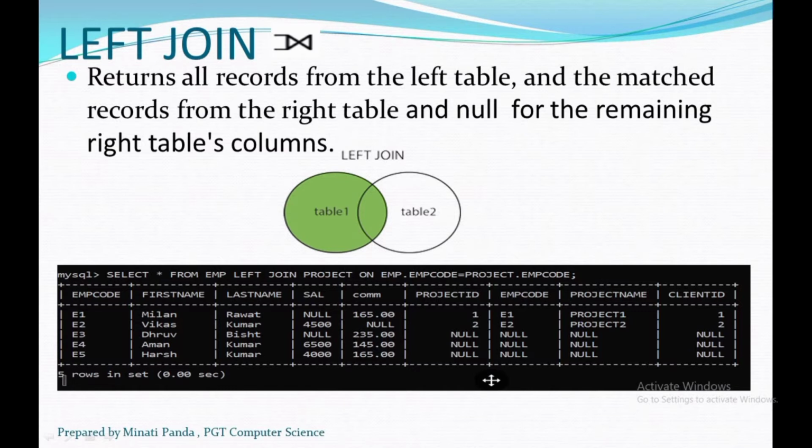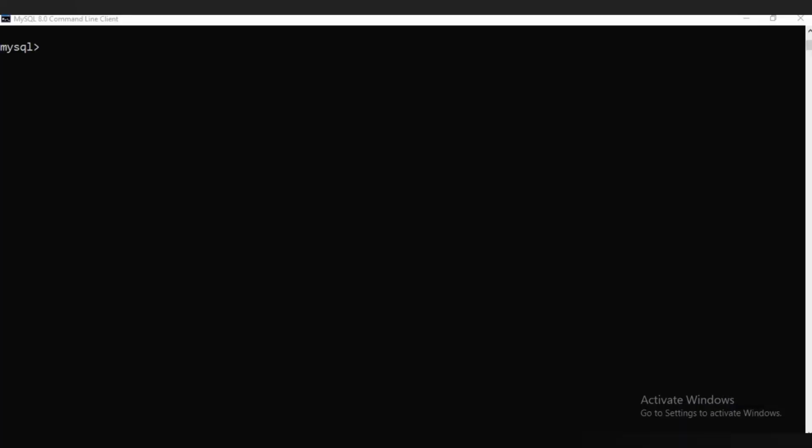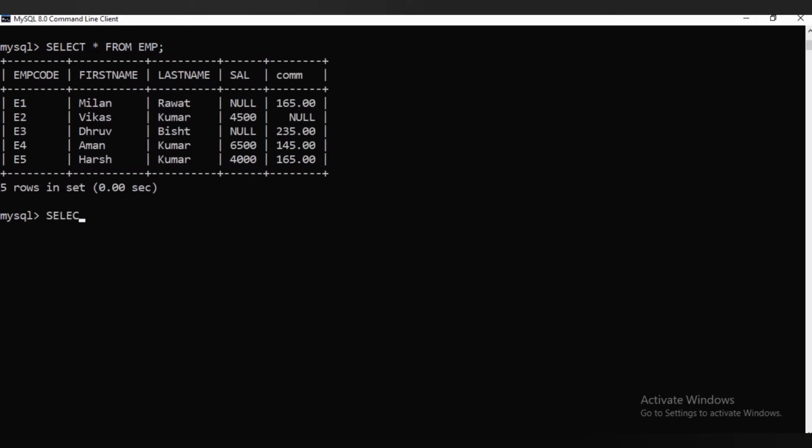Now see practically. Select * from emp will give all rows of the emp table. There are 5 rows, E1 to E5. Some of the employees are working on some projects and some are not.